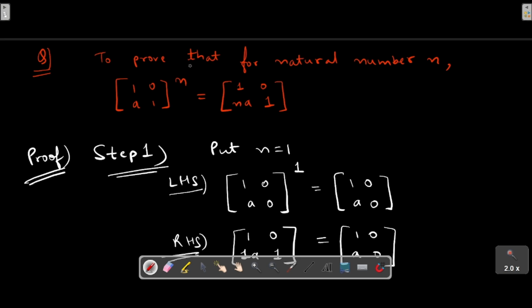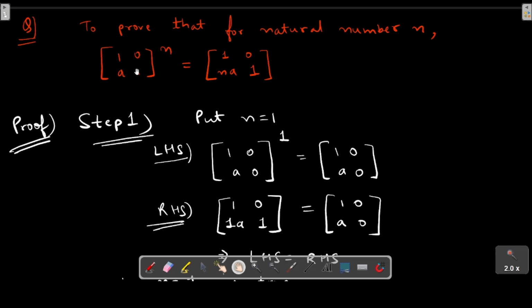Let's do this question to prove that for natural number n, where this is your given matrix, you're multiplying the given matrix, the one that I've highlighted, n times, raised to the power of n means multiplying n times to get this. So what I have done, I have subbed in n is equal to 1 on the LHS. I get this result